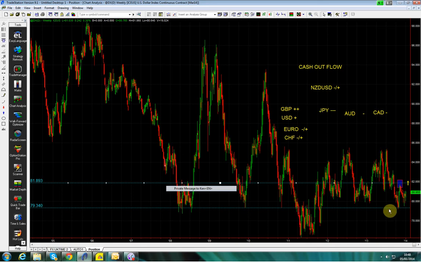That decline did not create a break below the structure point, which is a major structure point here, the 79.34. We have been unable to break below that point because, as you see, when we broke below it before, that was the resumption of the downtrend. This is the bottom so far, the momentum low of the downtrend, and it's a key issue that we have to take into consideration while analyzing this chart. After it set this low in 2011,